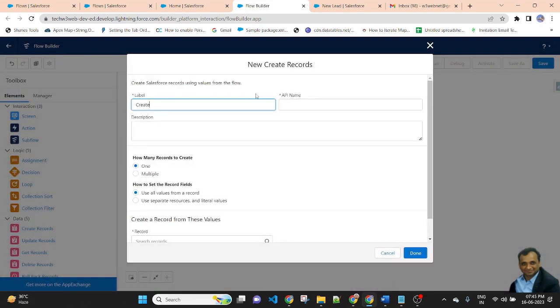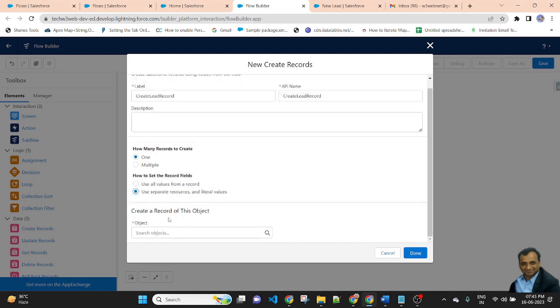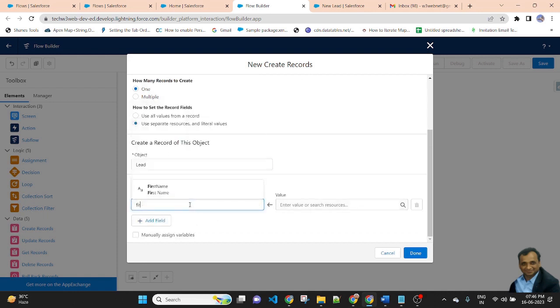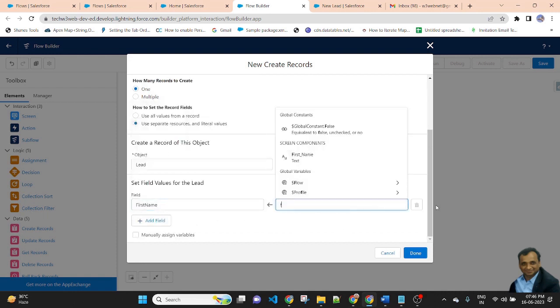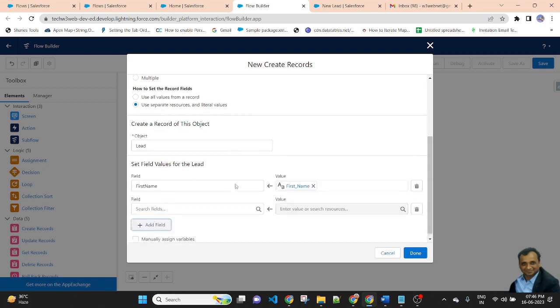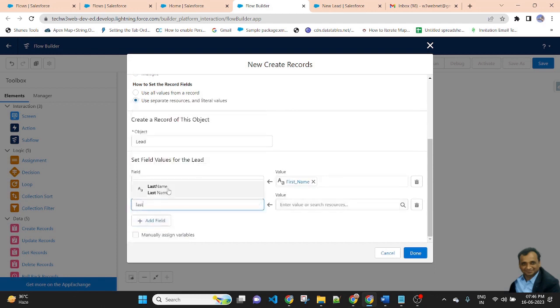Create lead record. Use separate resources, lead. First name, value will be first name. Last name, value will be last name.